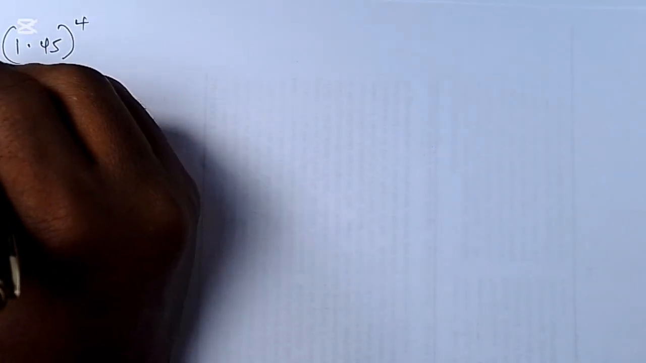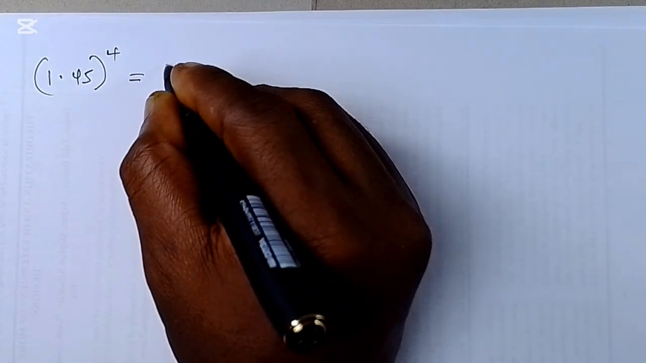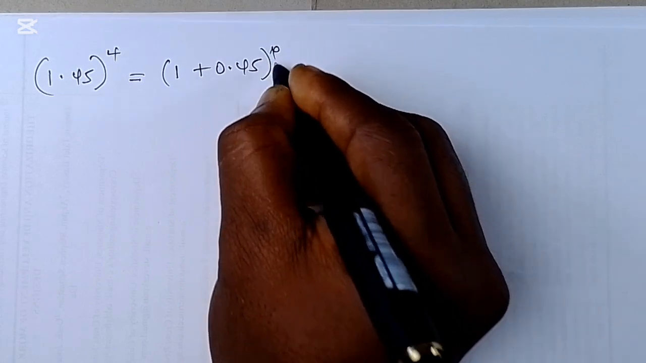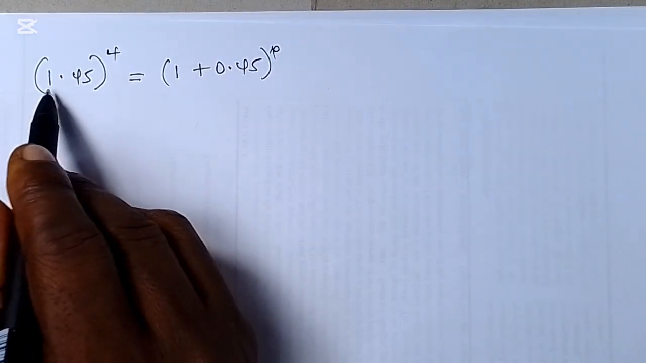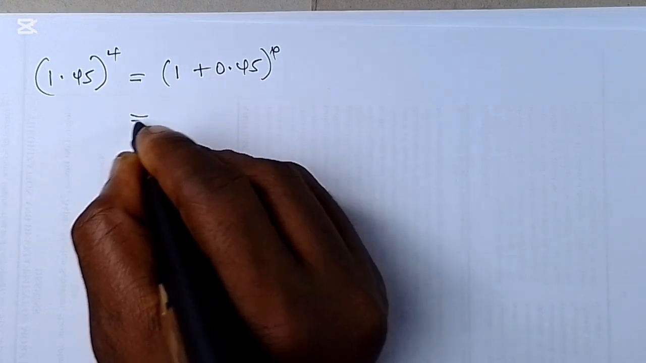1.45 raised to the power of 4, for instance. You may be asked to get this done. So what do you do using binomial expansion? You write it as 1 plus 0.45. Okay, so turn it to a binomial. This particular expression 1.45, turn it to a binomial to become 1 plus 0.45, and the next thing you do